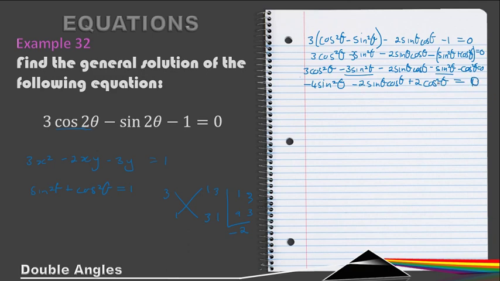And at this point we can actually divide everything by negative 2 to simplify this,